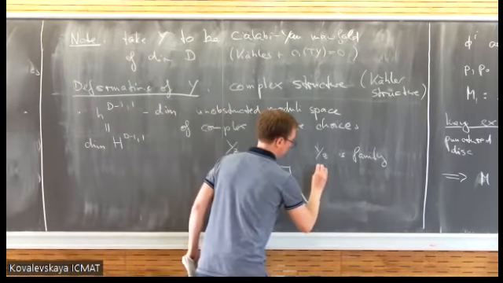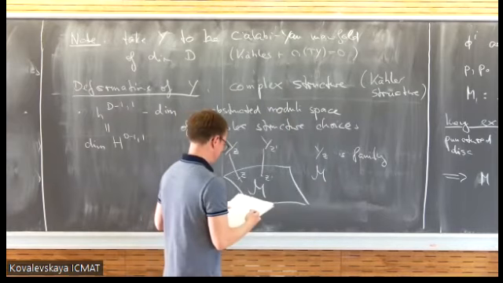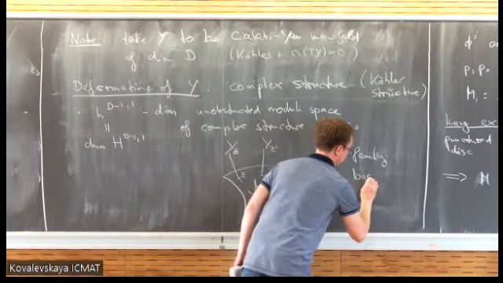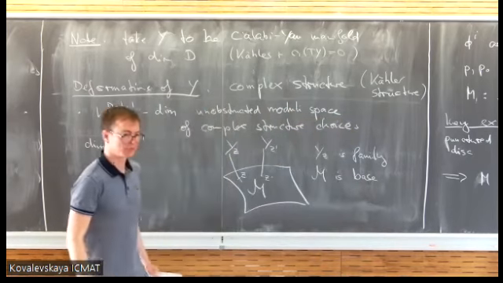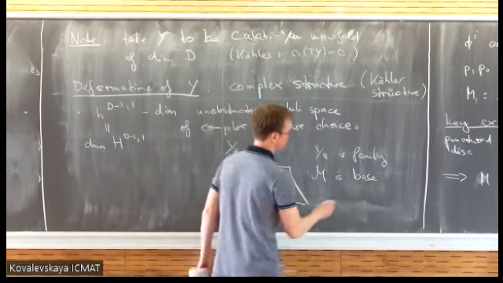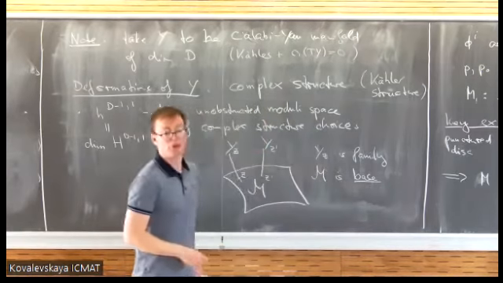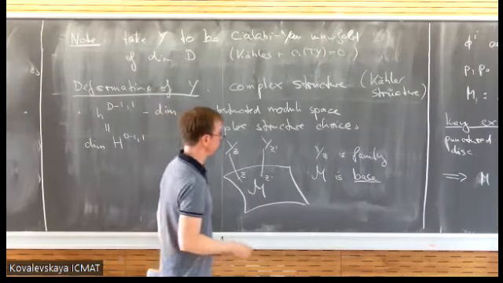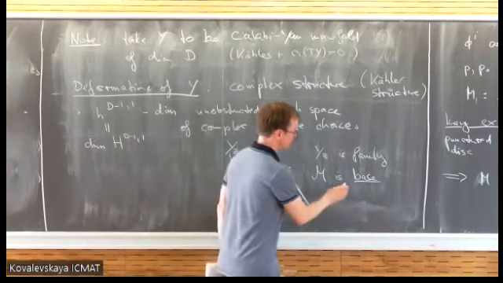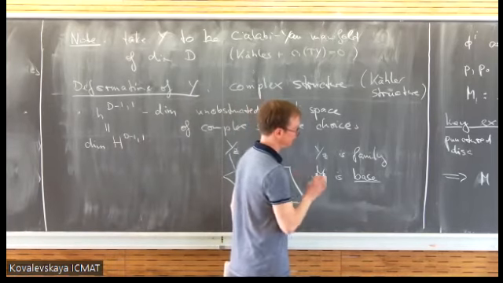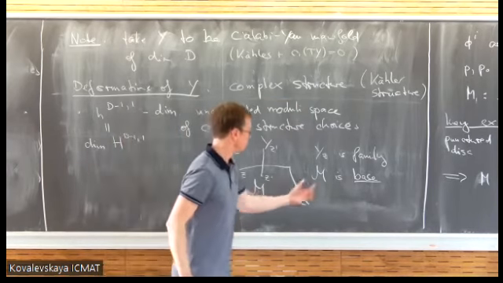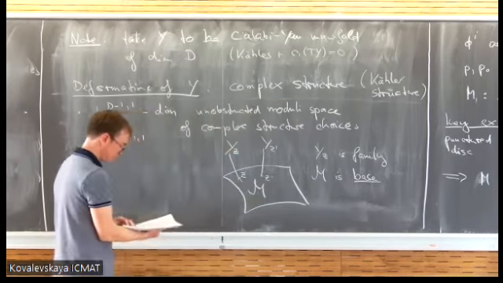And in mathematics, one calls this M the base of this family. In physics, we often say the complex structure moduli space. Probably you will hear later some language which easily confuses you, but it's actually not complicated. It's just a different language. It's just the base of this family.